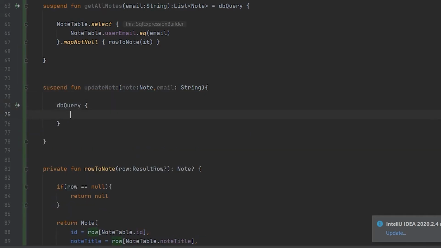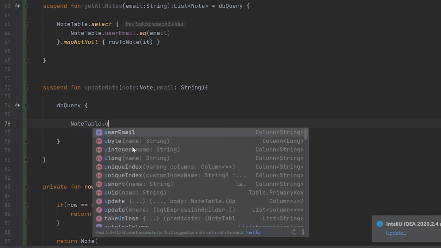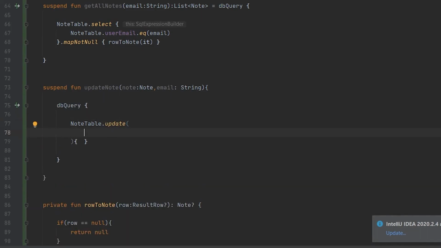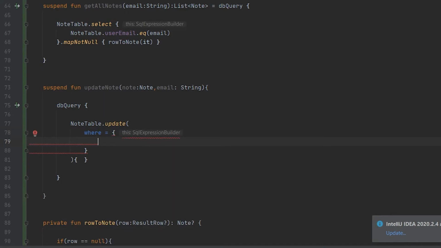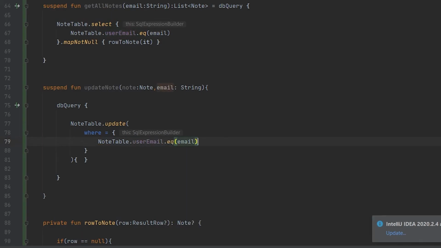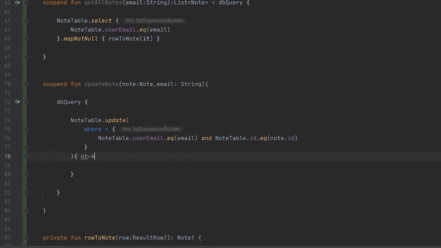Here call this dbQuery function, and in this function we will write nodeTable.update, and in this update we have to write this where block, and in this where block we have to write a condition, that is we have to select a node which we want to update, and the node is whose email id is equal to this email id, and whose id is equal to this node.id, and then we have to update that node as well.